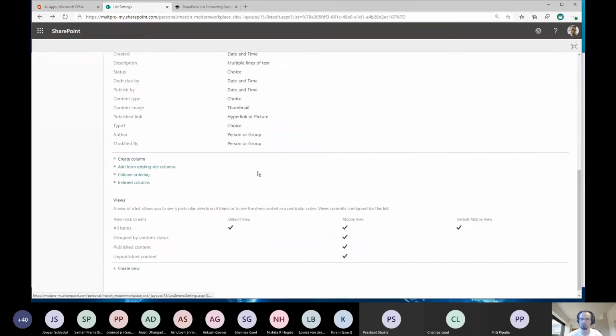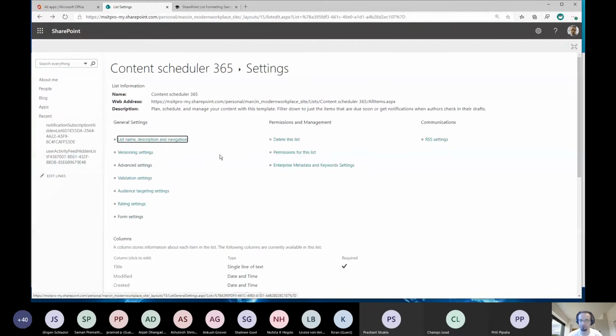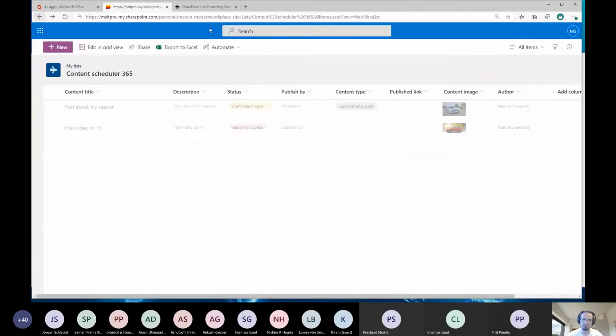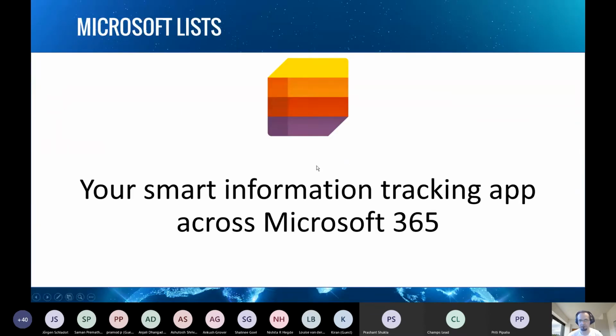So there's a lot of options like in a regular SharePoint list. So for the end user, it's very simple and you can create good looking lists very quickly. But if there's a need for advanced automation, advanced formatting options, forms or content types, you can do it as well.